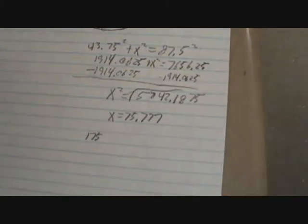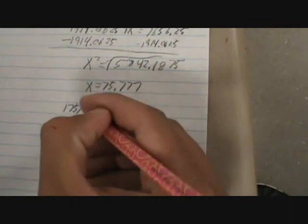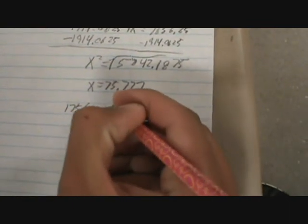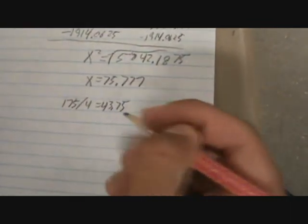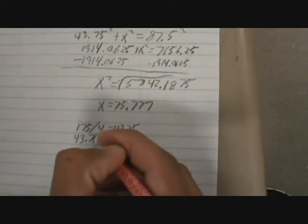You would divide the whole diameter by 4, which would equal 43.75, and that would equal 1/4. You would then multiply it by 3, and that would equal